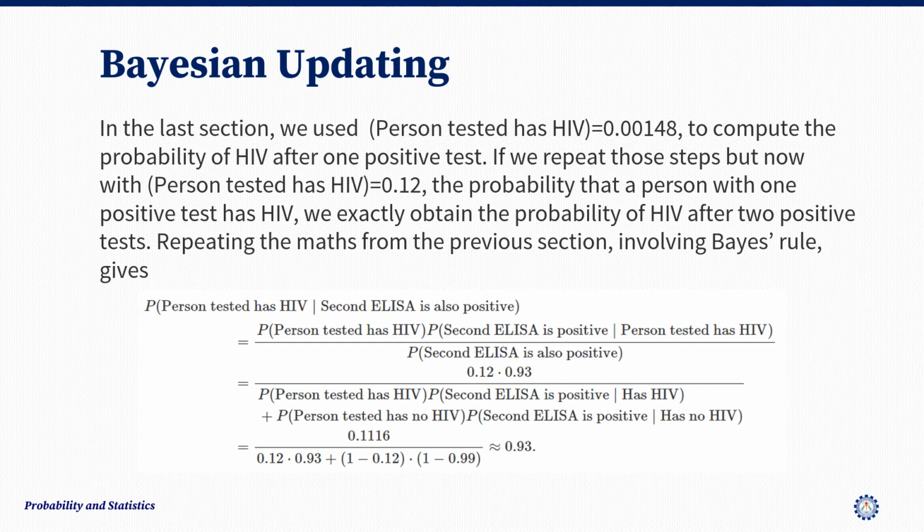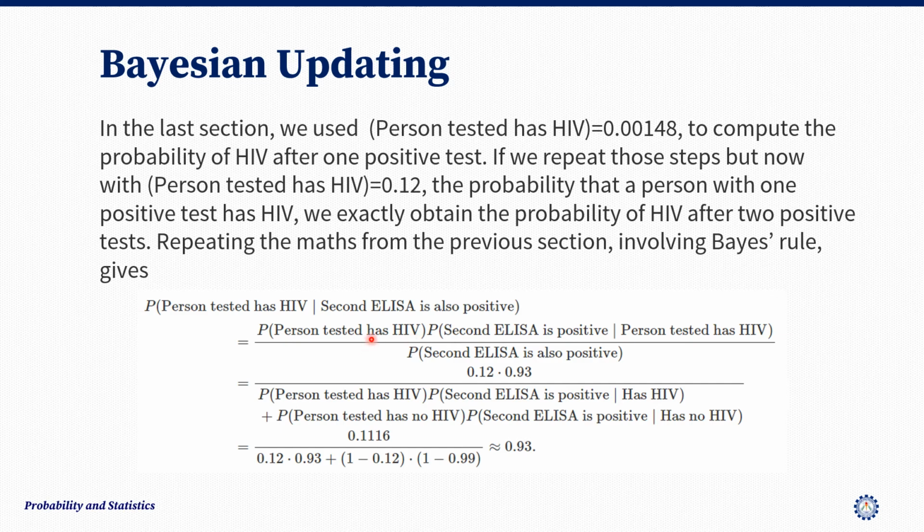So we exactly obtain the probability of HIV after two positive tests. Repeating the math from the previous example involving Bayes rule gives us this computation. The probability that the person tested has HIV given that the second ELISA is also positive is equal to the probability that the person tested has HIV, which is 0.12 or 12%,